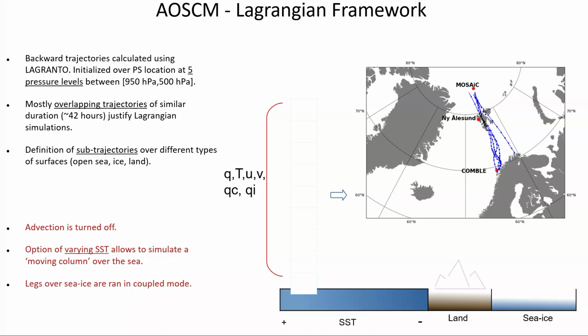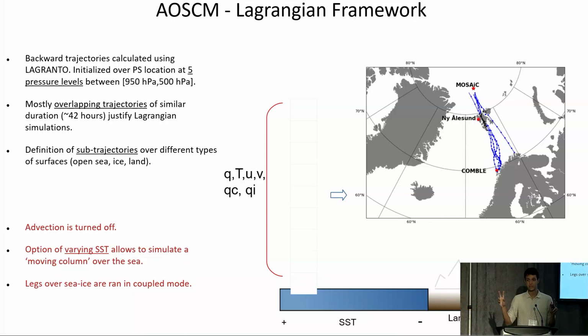So by having a cooling surface, you can actually emulate a poleward advection. But this is not the case when you're advecting over different types of surfaces, because the model doesn't sense that the land fraction or the sea ice fraction or even the latitude is changing, so that you're having a different shortwave input. So what we had to do is break up these trajectories into smaller sub-trajectories that correspond to different